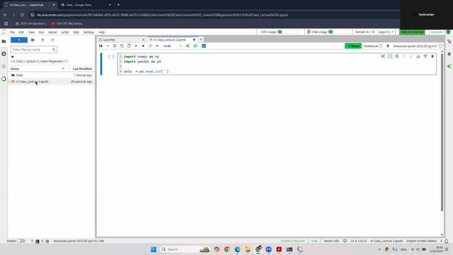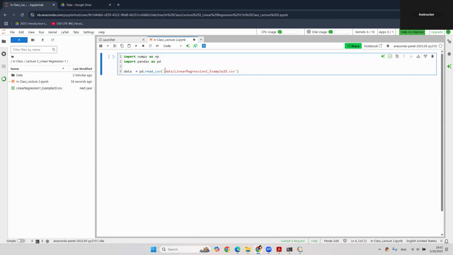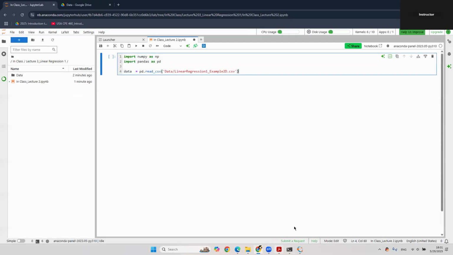So first of all, this notebook file is here, and you can see this is under the same directory, but this is a data folder. So here we can just call it data, linear, this way. Or for example, suppose this one is directly here, let me just drag one here to make it easier. Then you don't have to have this data folder because they are under the same directory. You see what I mean? No worry, we'll run it and then we will do different examples. Let me delete it. Okay, so now let's make this one, and then we can simply